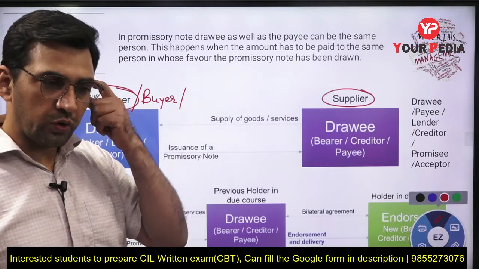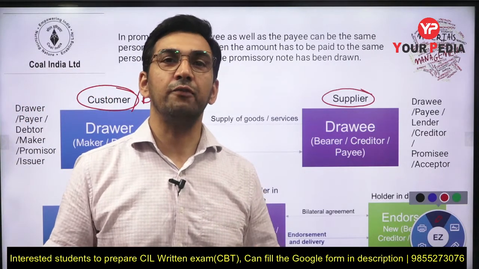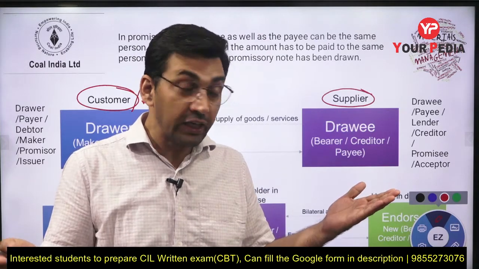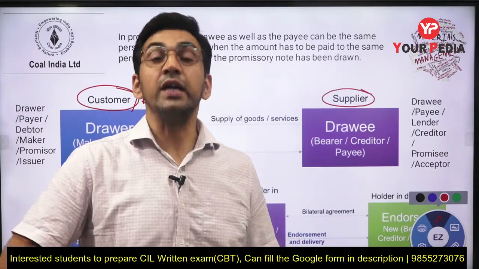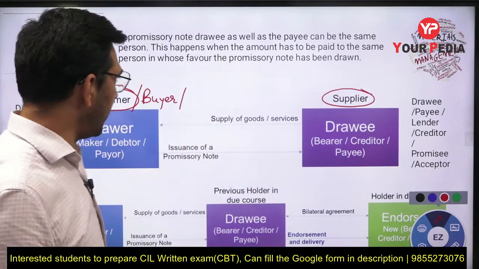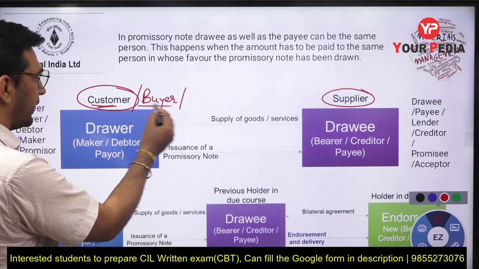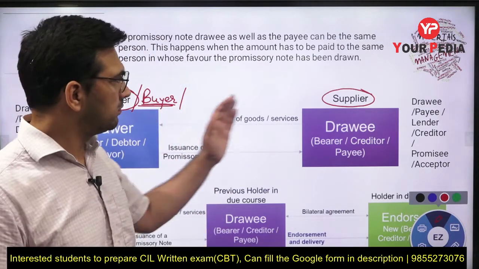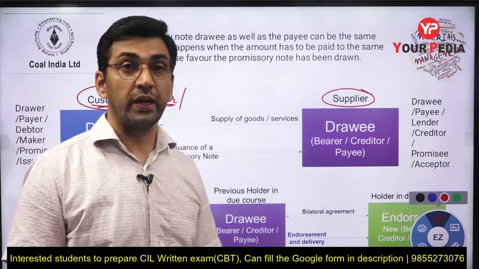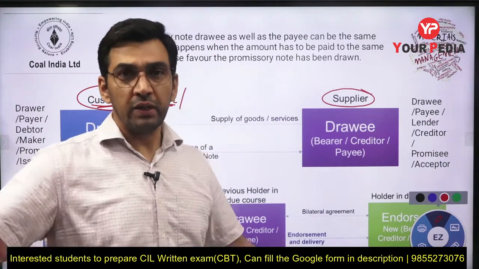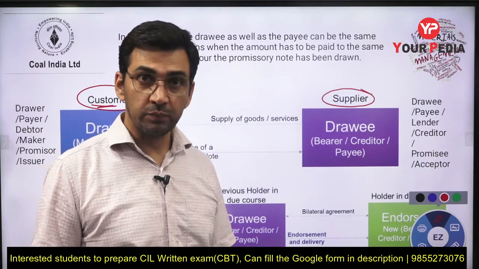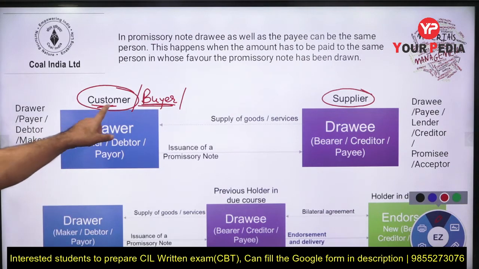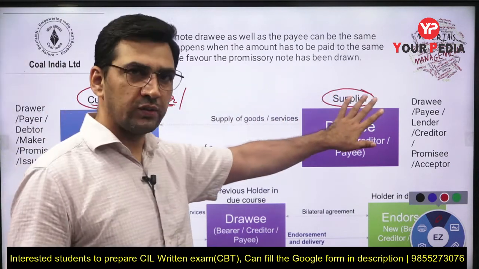It may happen that in a business transaction you don't always have the liquid money through which you can immediately pay, right? So let us say you have a situation where this customer, this buyer, doesn't have money at that point of time. And he asks the supplier that okay, I cannot pay you right now, but at a later stage I can pay you, maybe 2-3 months later, right? So basically what happens is, if the buyer says that and the supplier agrees,